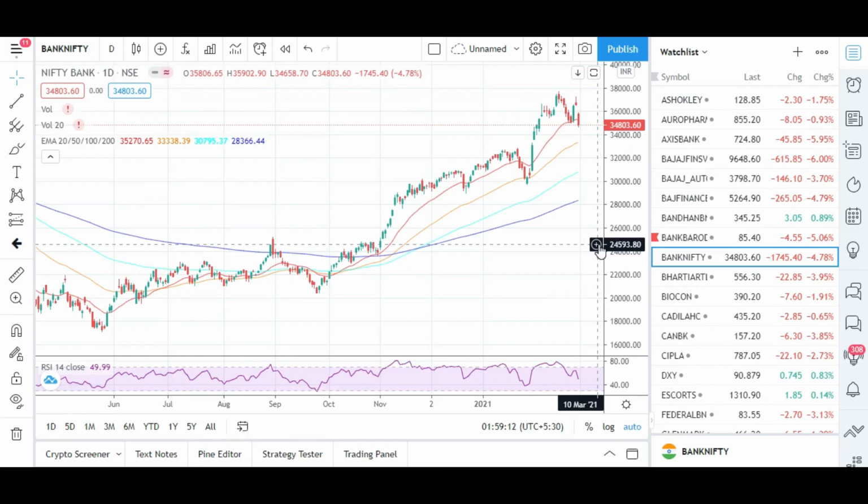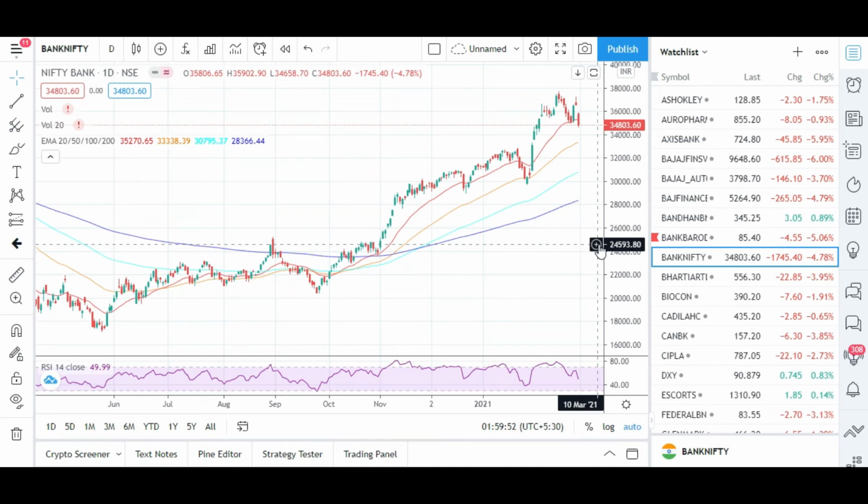And similarly the same case applies to a strong downtrend market. In a downtrend market, as I mentioned, if you remember, the 20-day moving average will be below the 50-day moving average, and the 50-day moving average will be below the 200-day moving average, and the stock will be trading below all these three moving averages. That stock is considered a strong downtrend stock, and in that case the 50-day moving average, again, will act as a strong resistance. So in a strong uptrend it will act as a strong support. In a downtrend market, it will act as a strong resistance.